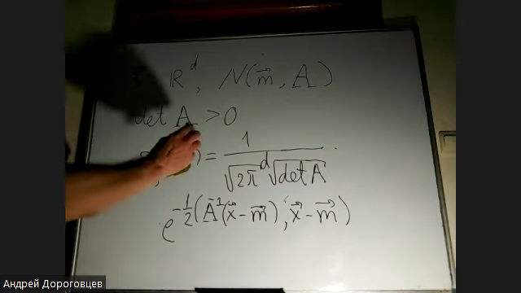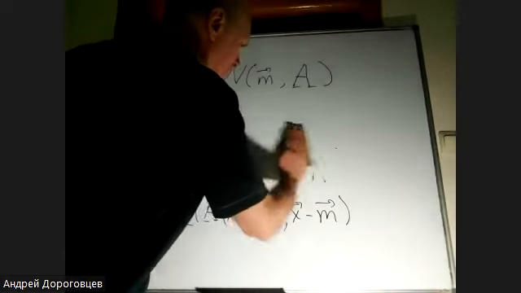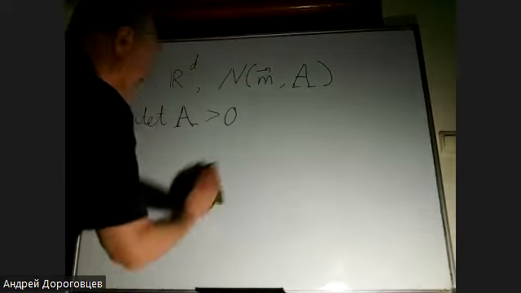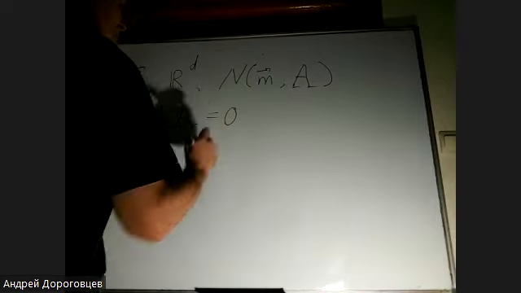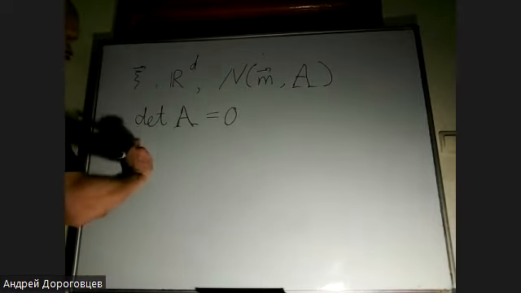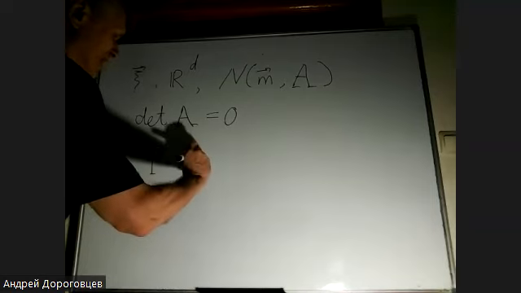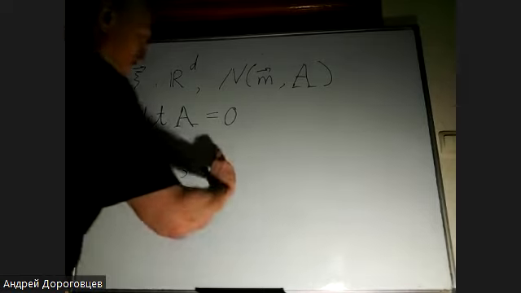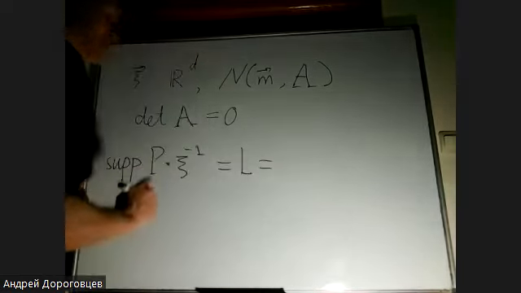In the opposite case, when the determinant is equal to 0, we already know that the distribution of psi is concentrated on the subspace, which is equal to